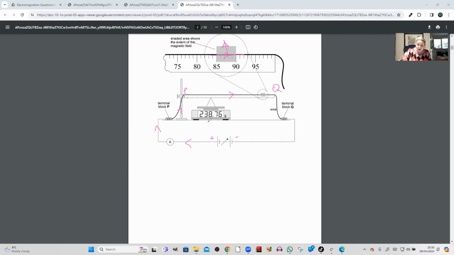Here, an upward force on the wire is going to try and lift that ruler at that end. Can you see? It's going to lift this. And if this end goes up, even only slightly, can you see that this reading is going to go down? So here we're not dealing with Newton's third law because